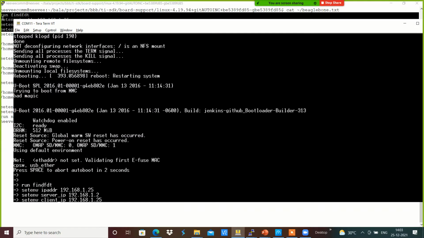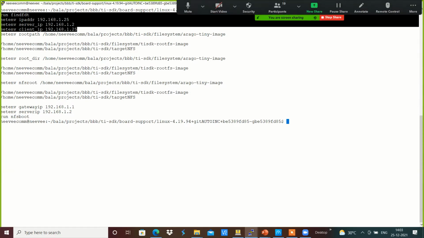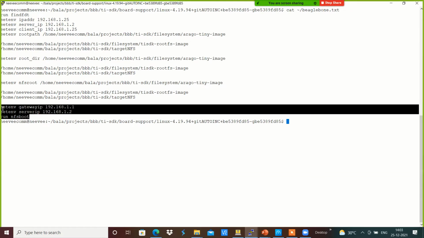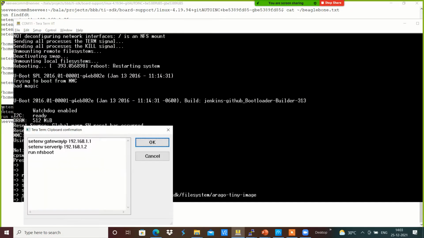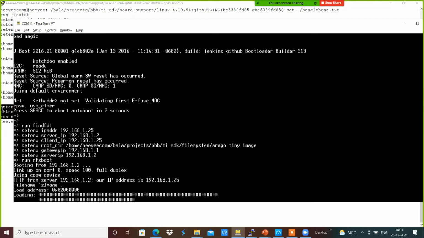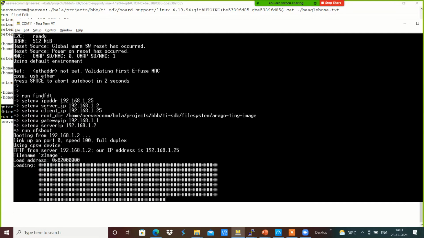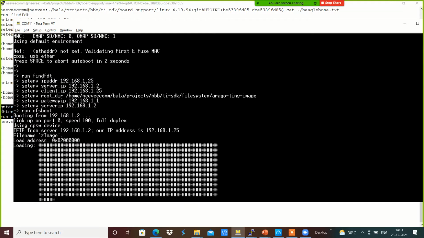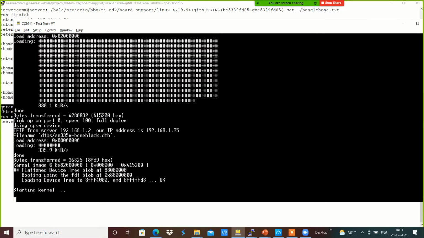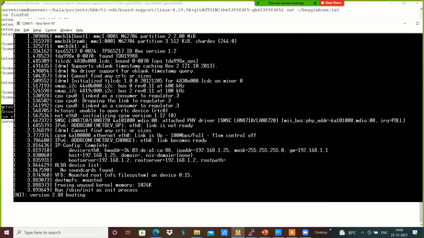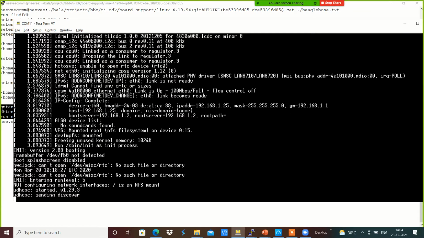I have this root directory. This has been loaded with the new device tree information.